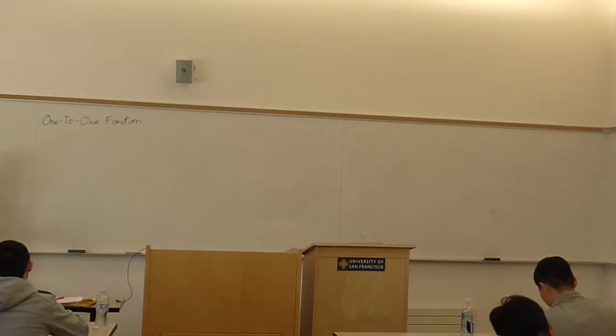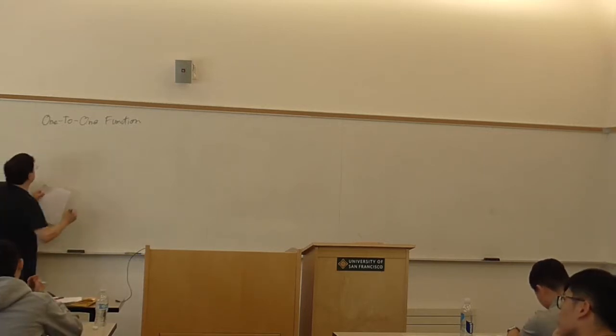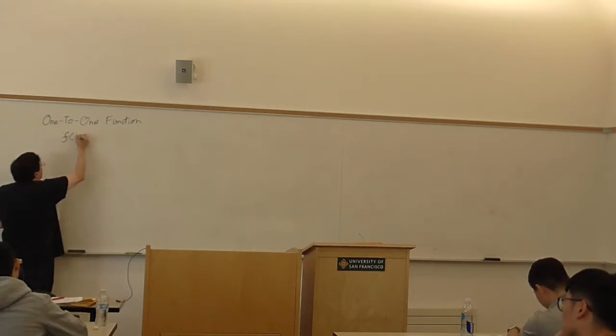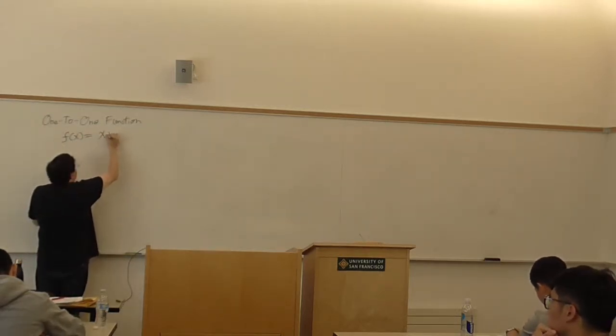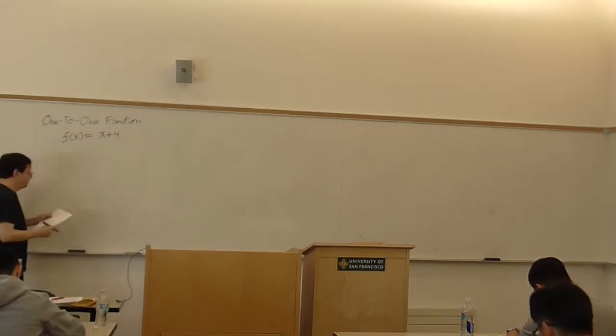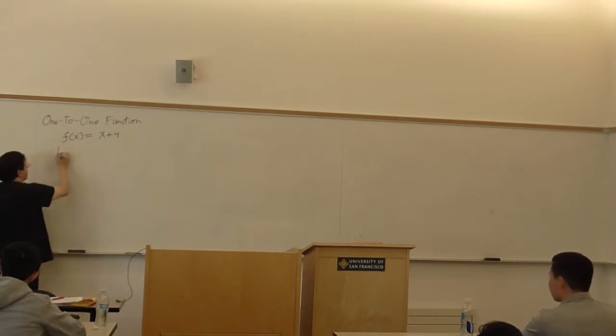It's important to know what a one-to-one function is. Okay, here's a simple example. f of x equals x plus 4. So if I were to look at some values,